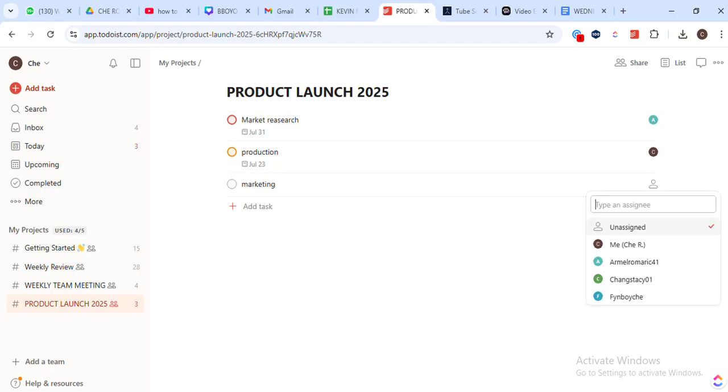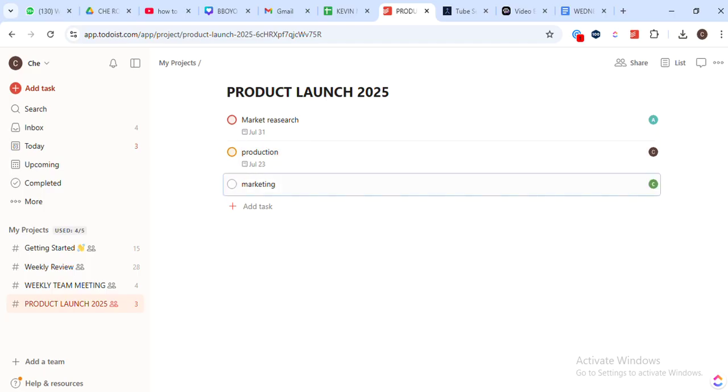By now, you've got a comprehensive product launch plan set up on Todoist. Remember to regularly update and check your Todoist project to stay on top of your product launch. And there you have it, a quick, efficient way to use Todoist for product launch planning. This tool will help ensure your product launch goes